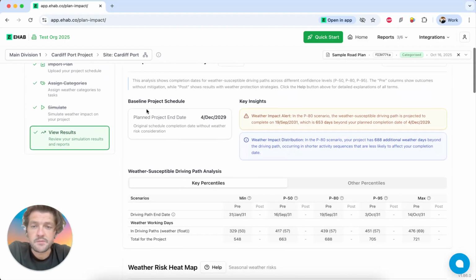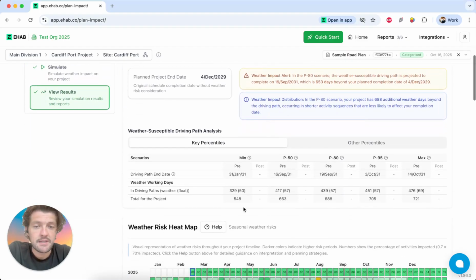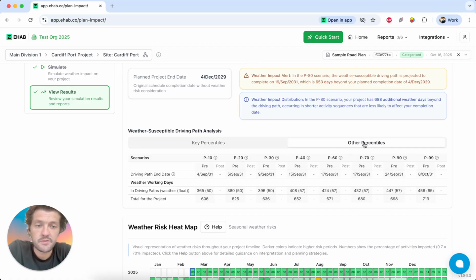What we get information on is when was the planned end date of the project, and then we give you the best case scenario in the min, which had 300 weather days, the worst case scenario, which had almost 500 weather days. All of the different paths are different because this is a probabilistic model. And so days may not exactly line up because different activities have different calendars. But ultimately, what we're giving you is an overall set of probabilistic data, which you can also dig into more